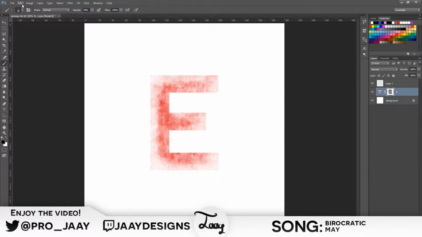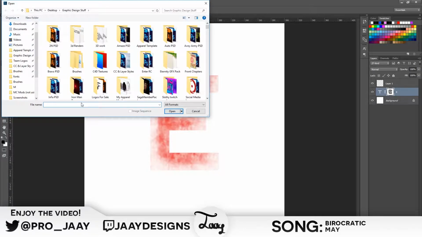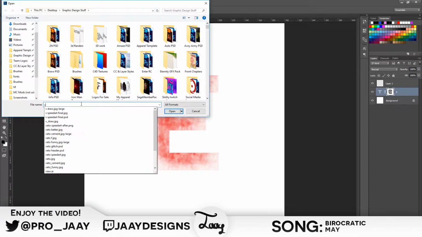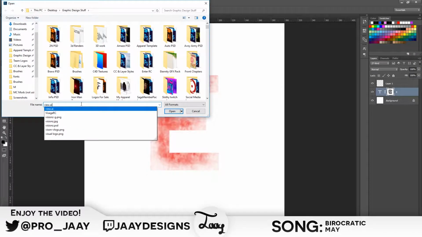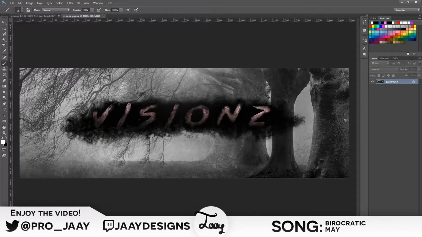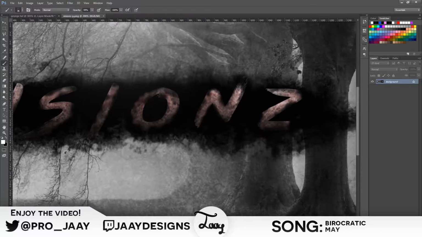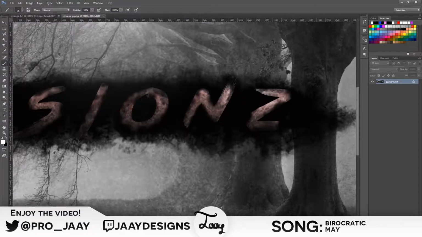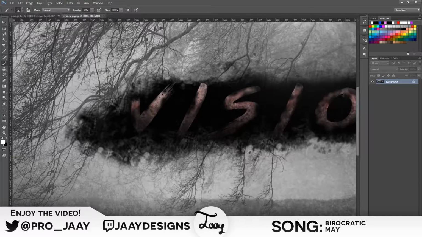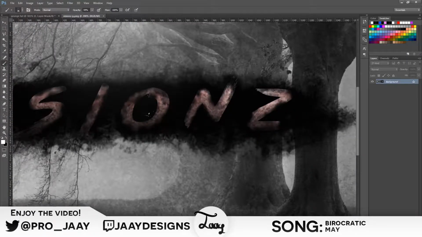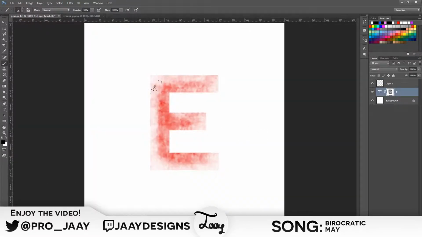I've done other headers with it, so let me see if I can find an example right here. This one, you guys can see that it looks really nice, but that's only because I put a lot of time into it to make sure it looks really nice. Obviously if you guys put a lot of time into it, you can get something like this or even better, just because I am not the best designer, obviously. But you guys can see kind of how it looks in the final product. But anyways,